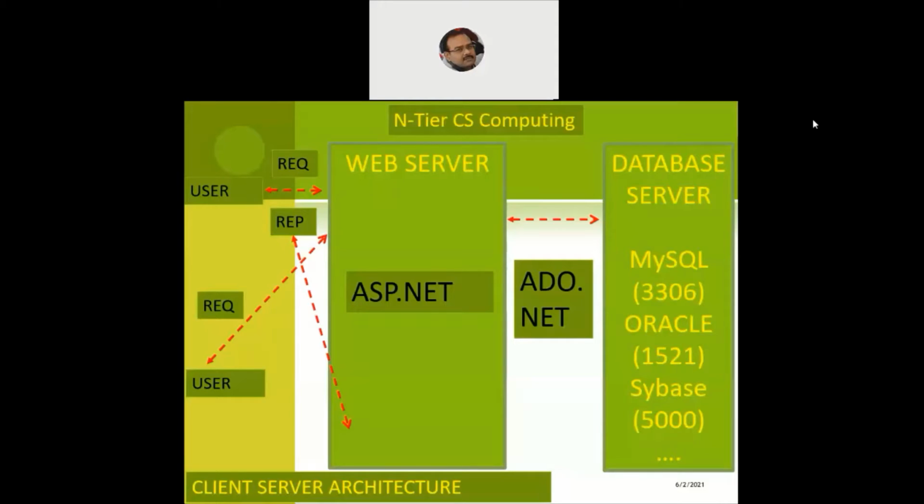But my experience says let the servers run on their default port numbers because they give the best performance on the default port number. So unless and until there's a clash of the port numbers on your machine or on the servers, do not change the default port numbers. Let the database servers work on their default port numbers. Same way, Oracle receives a request on the port number 1521. Sybase server receives a request on the port number 5000, and so on. So every server will have a default predefined port number on which it will receive a request.